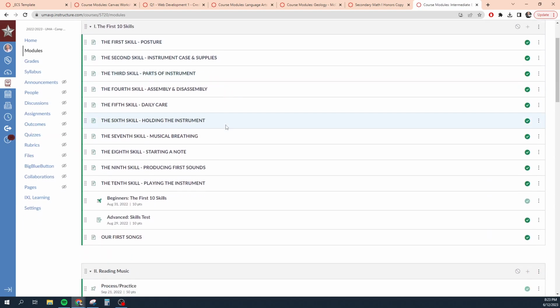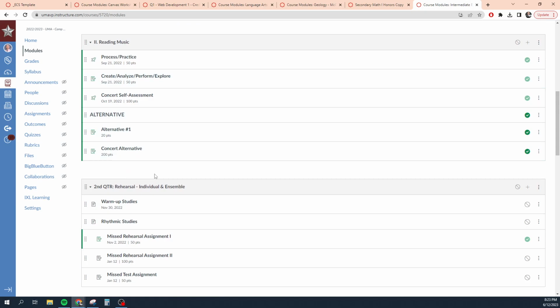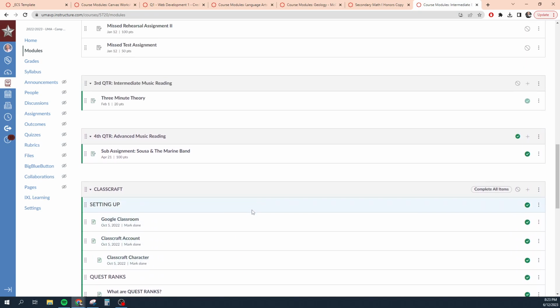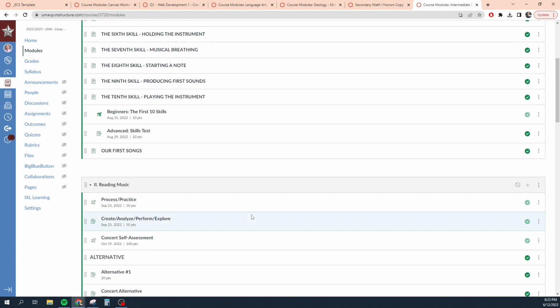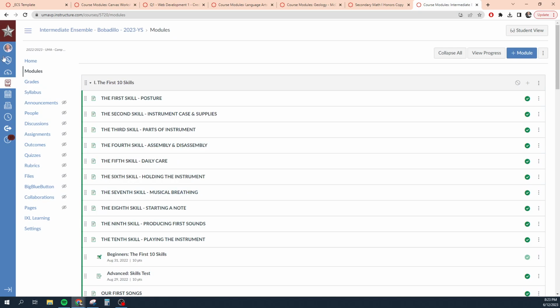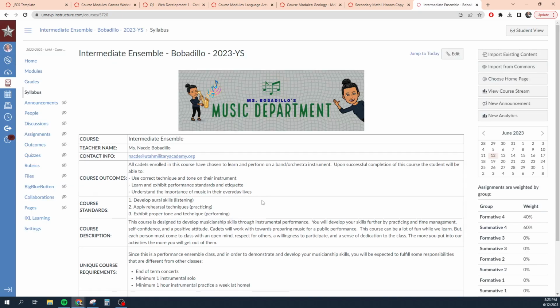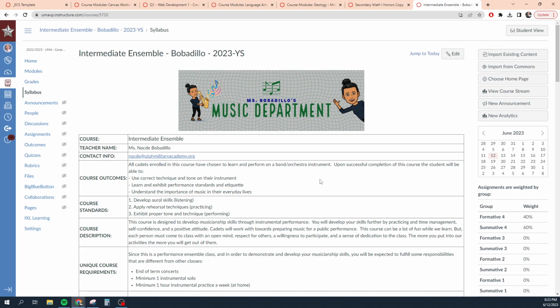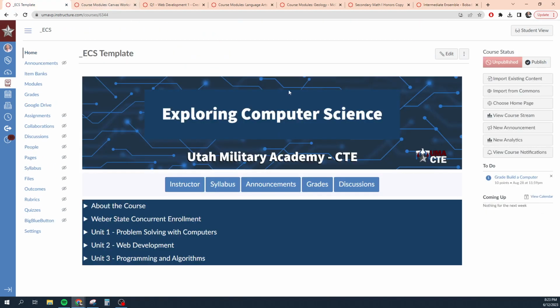Content is still organized in modules. Some of the content is unpublished, which from a teacher's perspective, looks like they're working on that stuff and it's not quite published yet. It's great. This is a great way to organize a course. This is an option that you have if you want to just give a bunch of information and not focus too much on making a homepage that looks like a website. This is pretty great. Let's go back and let's talk about